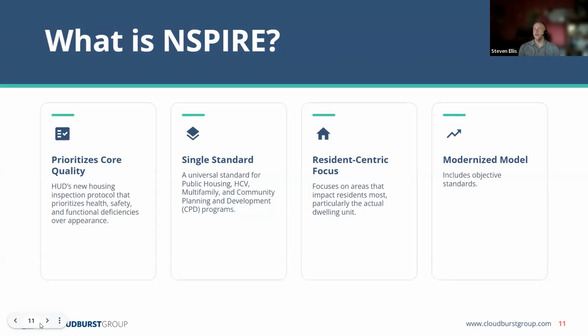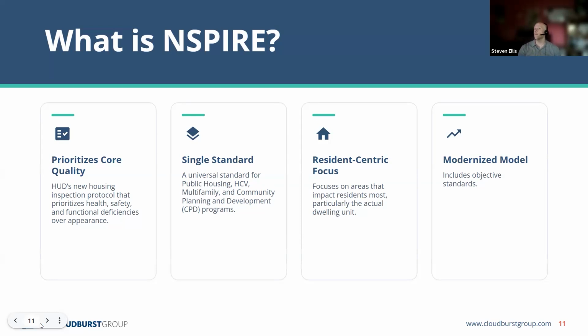In theory, Inspire is moving away from visual deficiencies or problems to more actual health and safety issues. HQS has a lot of what does something look like? And so there are some fails that are purely based upon appearance. Inspire throws all of that out. Something cannot look pretty, but as long as it functions, it's okay.